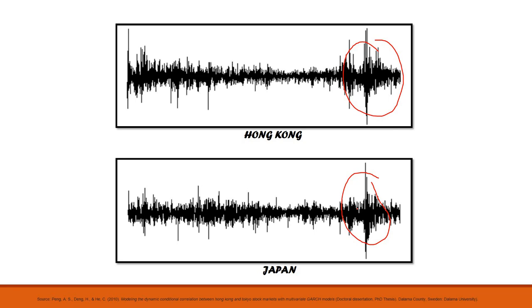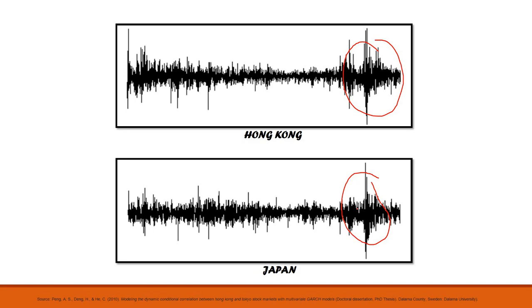So we can say that if we look at the returns or the stock prices of these 2 countries, there is some common trend between these 2. As we have observed in the closing prices, some common trend is there. Whenever the prices of Japan are increasing, the prices of Hong Kong are increasing. And whenever the prices of Japan are decreasing, the prices of Hong Kong are also decreasing. So we can say some common trend is there, or I can say there is some linkage between these 2 markets.